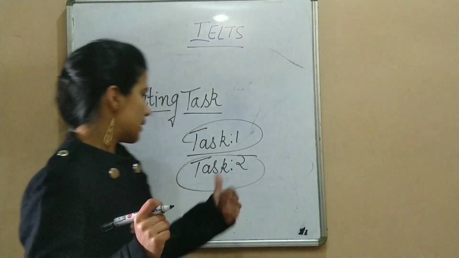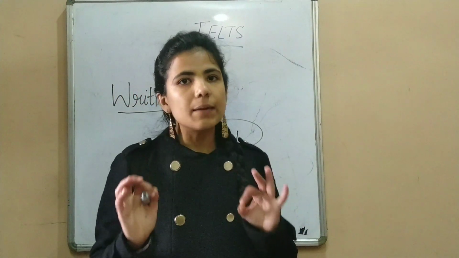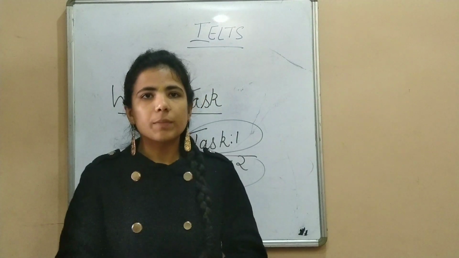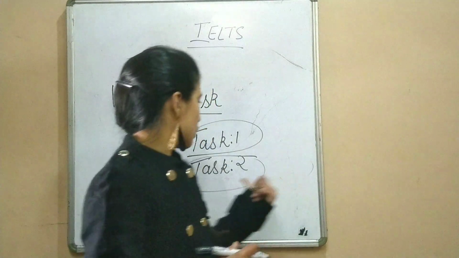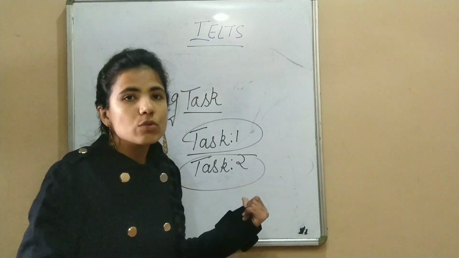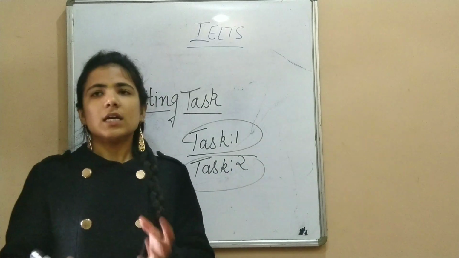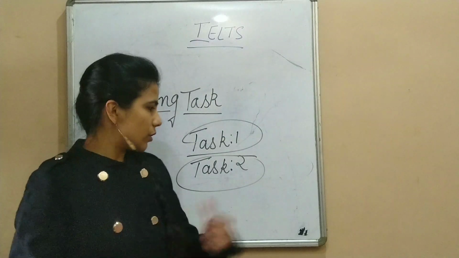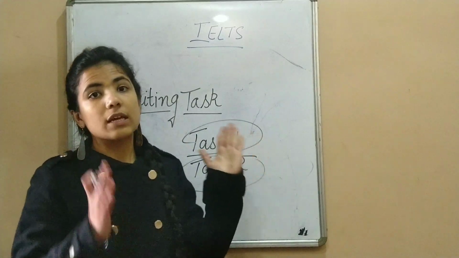Okay. And writing task 2 is completely based on your opinions. If I say that it is completely based on your opinions, what I mean is you need to write your own views on the topic given to you. It might be a debating topic, it might be something like an argument that you need to put in. So you need to give your own opinions in task 2, wherein in task 1, you need to give the